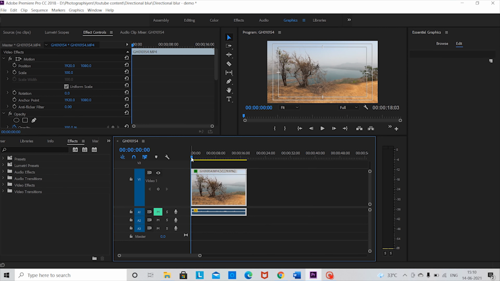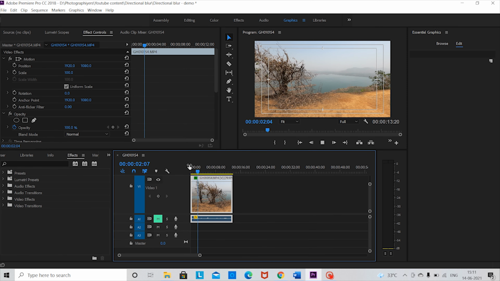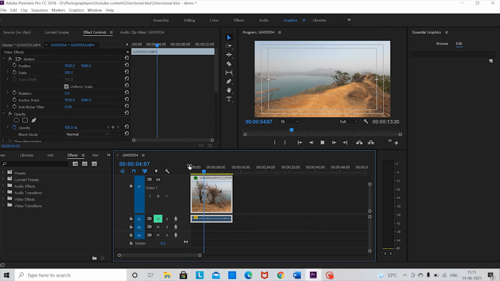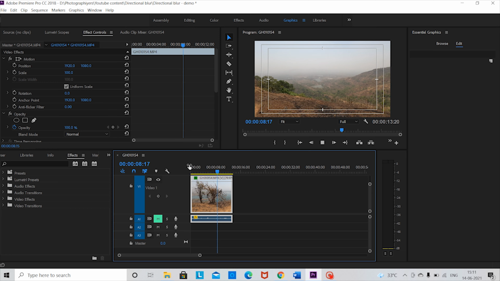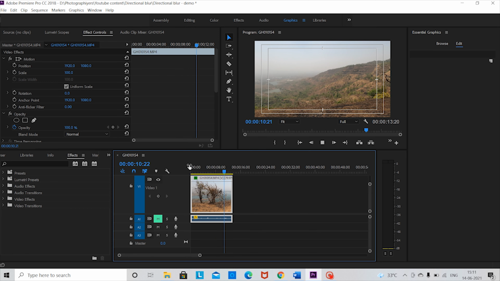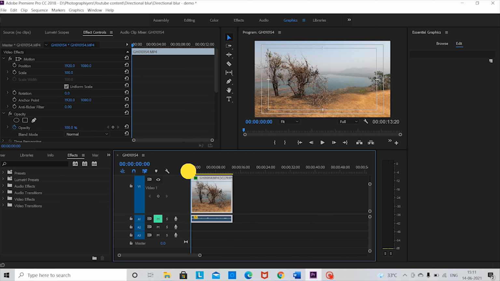So I have the video over here in which I am going to apply the directional blur effect. So let's play the video and see what the original video is. So as this is a normally shot footage, we cannot use the directional blur effect as of now because this effect can only be used when there is a fast movement in the camera. Okay, so we will be using the time remapping effect as well in this when the camera pans.